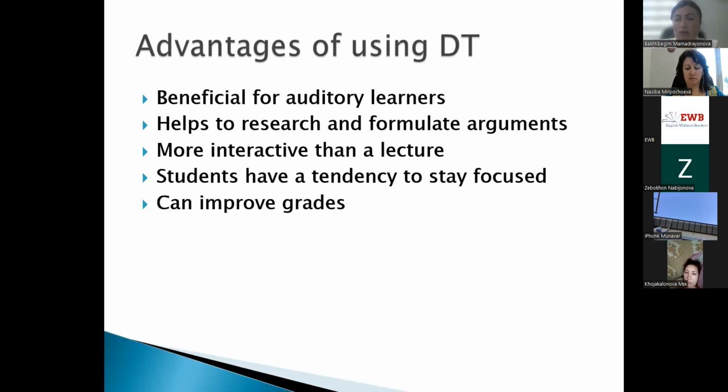What does it mean? Because during the discussion process, they enhance, develop their speaking skills, and of course, it affects their grades. They know how to pass their speaking test. So these are some advantages of using discussion technique. There are some other benefits, pluses that can affect students' speaking ability. These are just the main ones that show how it can strongly affect their speaking ability.